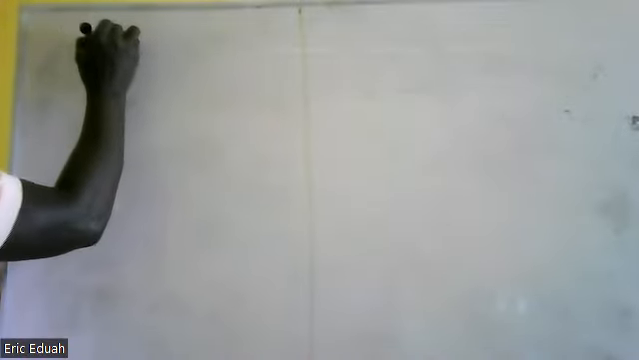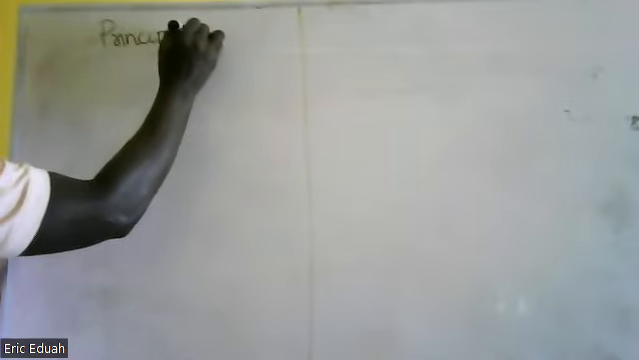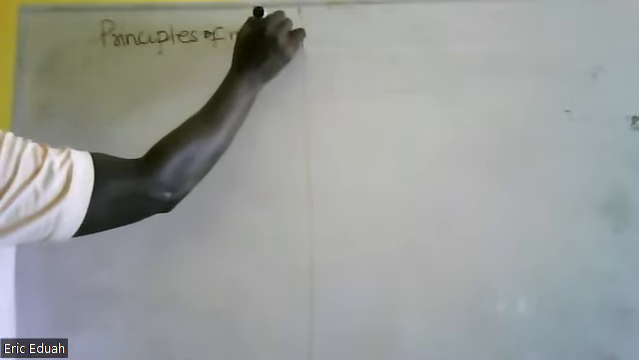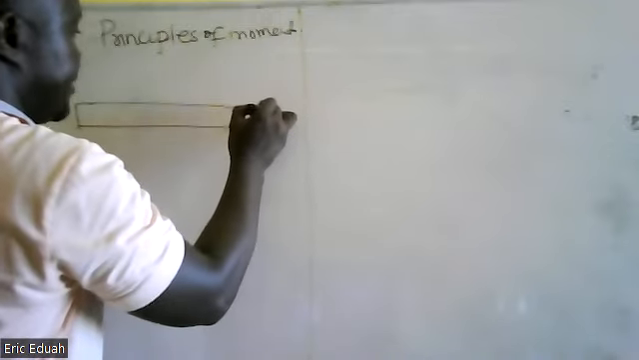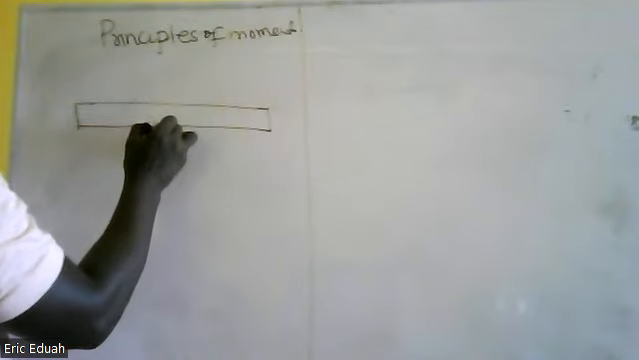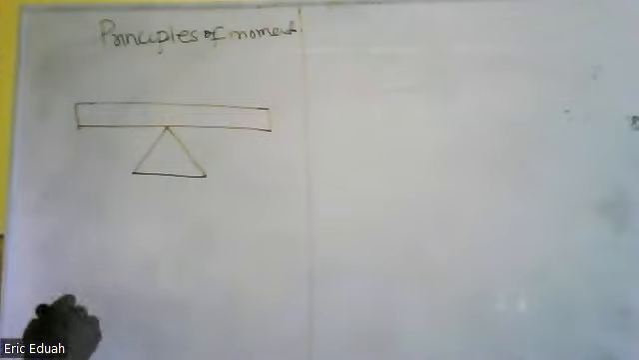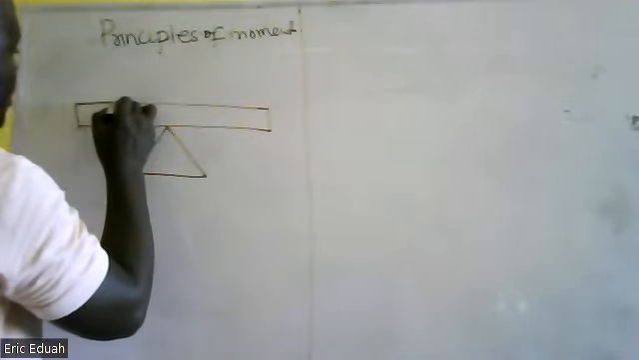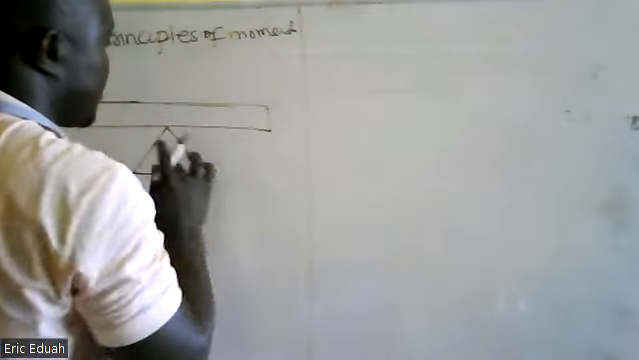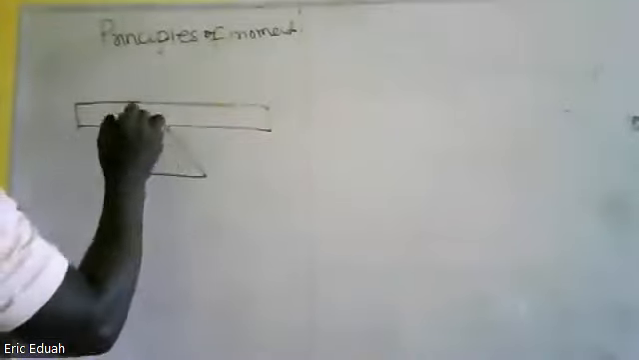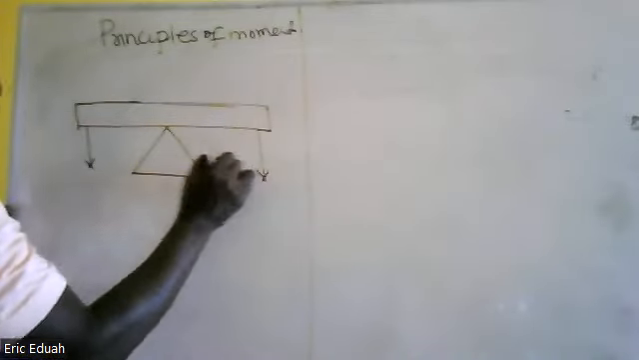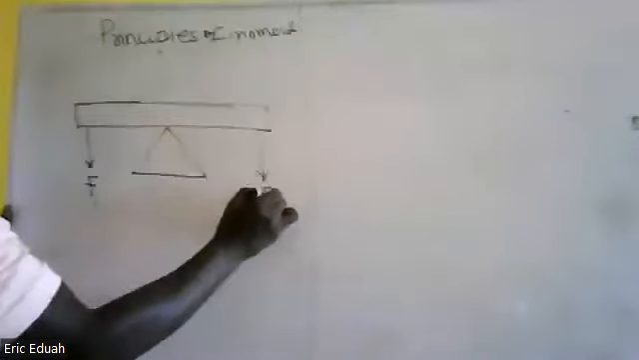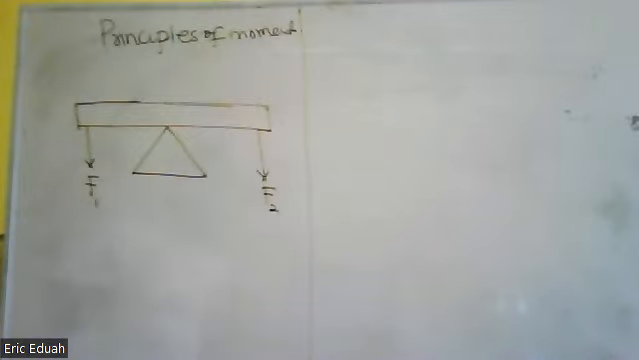Principle of moment. If you have a rigid bar like this, supported on a knife edge or a pivot, now supposing you have these forces acting at the ends, F1, F2. Then the pivot,